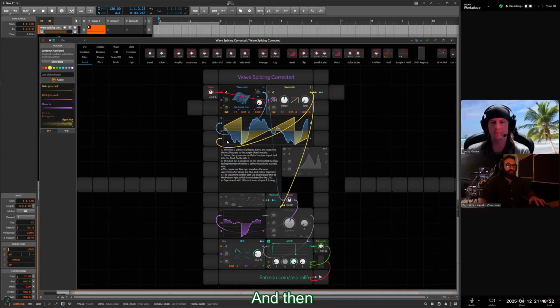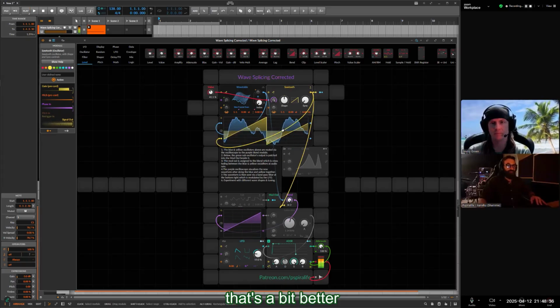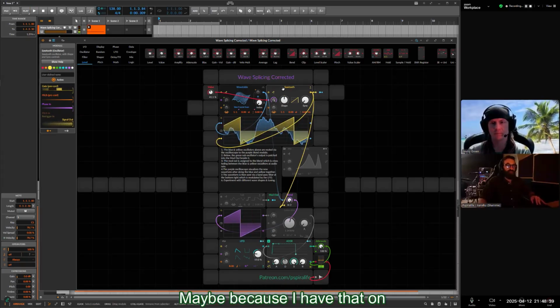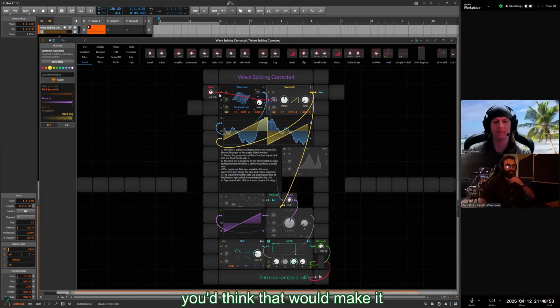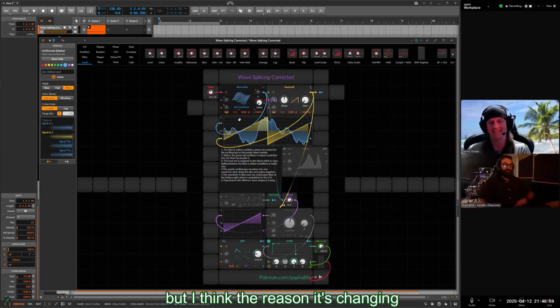More or less, anyway. And then, there we go. So if I just crossfade all the way over to the saw wave, that looks a bit better. Something like that. But it's changing each time. Why is that? Maybe because I have that on. Yeah, so I actually needed to turn the phase reset off. You'd think that would make it start the same, because isn't that phase reset? Yeah, you would, but I think the reason it's changing is because